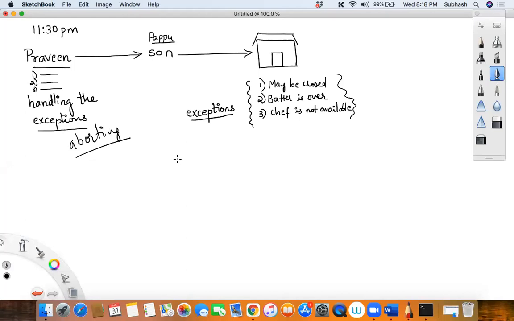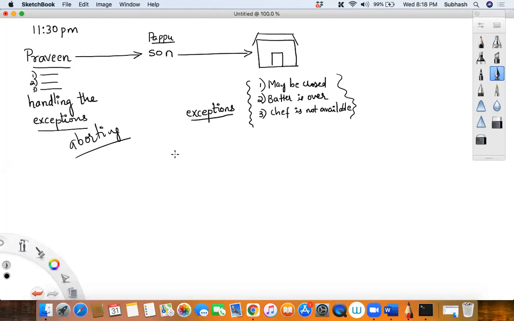Will it decline, or will it ask you to enter it once again? It will say please retry, right? So don't you think that the ATM code is handling that exception of entering a wrong PIN? Though it is not completely an example of exception handling, I'm just trying to give you an example so that you can see how it can handle it.